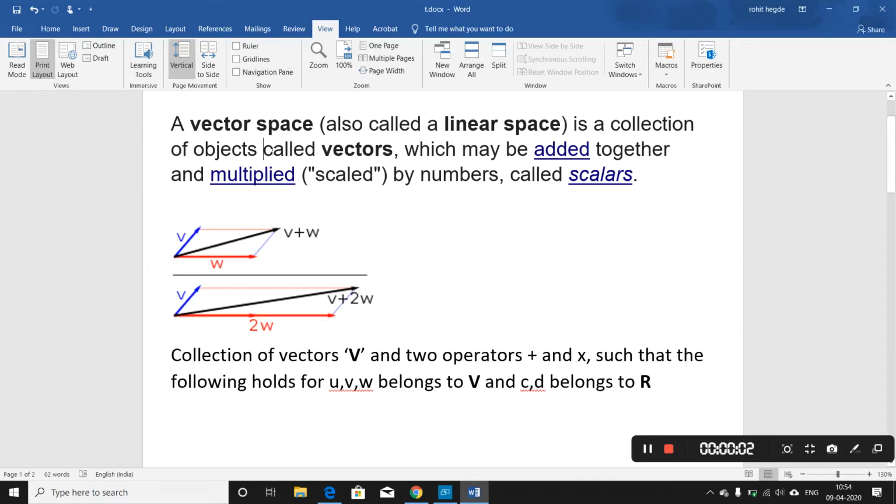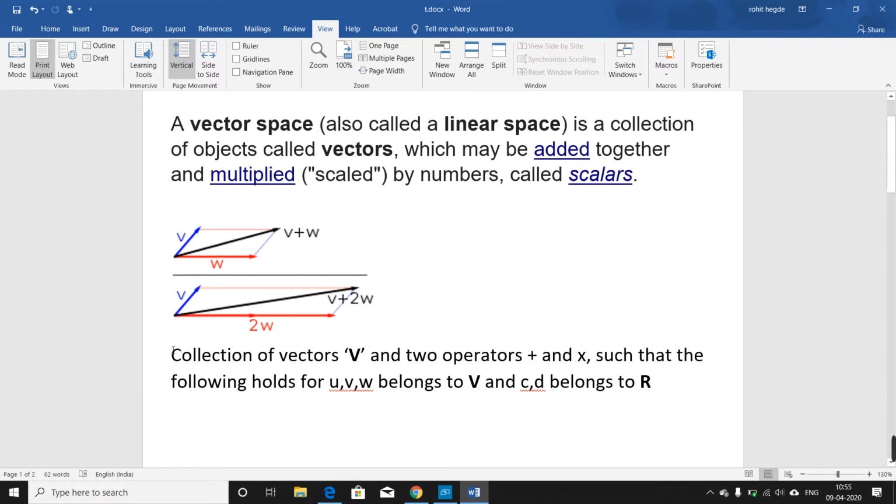Now we will see what a vector space is. A vector space is a collection of objects called vectors, which may be added together or multiplied by numbers called scalars. This is the definition. Then what is this vector space? Here we can see that this is one vector, and this is in some vector space, W and 2W. It is a scalar multiplication. In simple words, we can understand what a vector space is